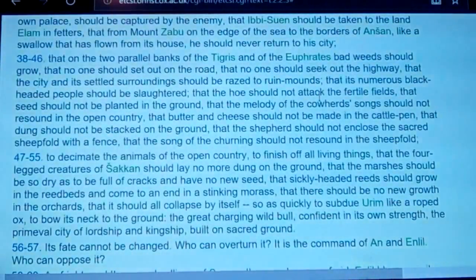To decimate the animals of the open country, to finish off all living things, that the four-legged creatures